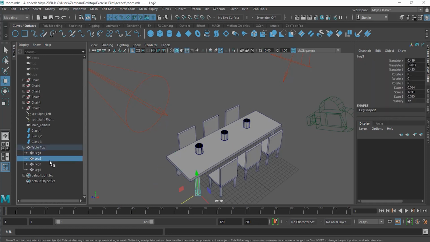Now another thing you can do is add more objects inside it. Suppose I can move leg 2 inside leg 1. I can drag this, and leg 4 I can move inside leg 3. So now I have the tabletop, inside the tabletop I have leg 1 and leg 3, and inside leg 1 and leg 3 I have leg 2